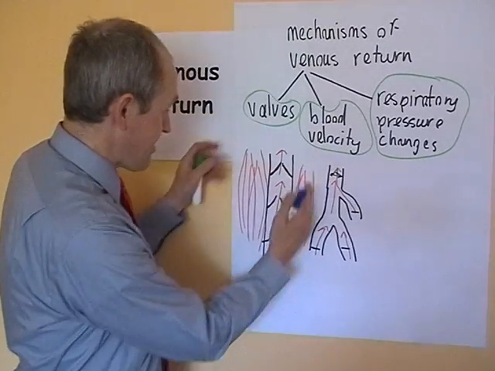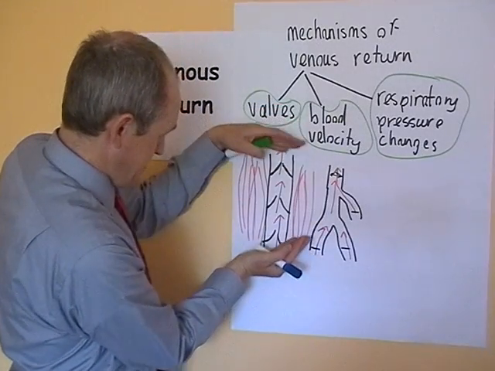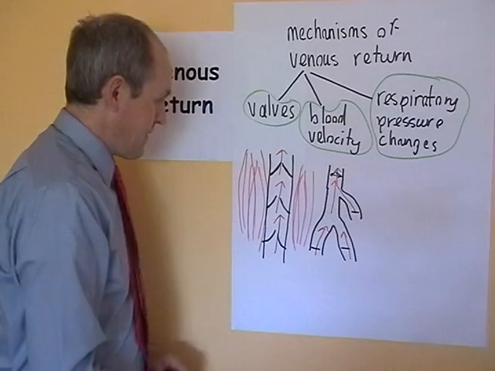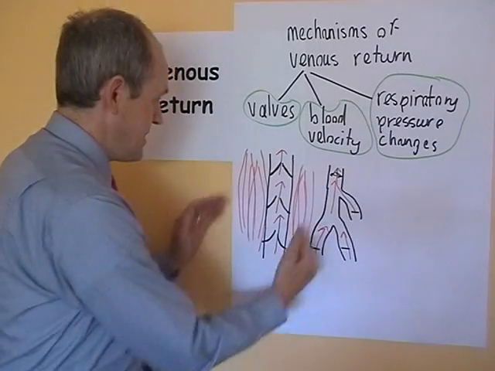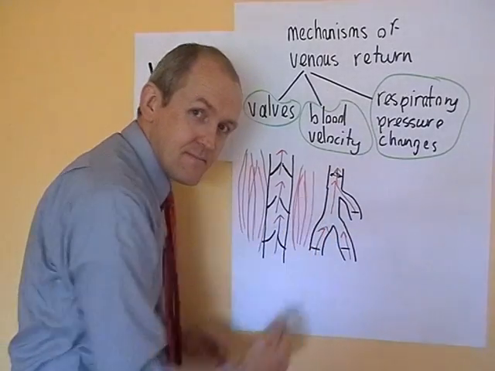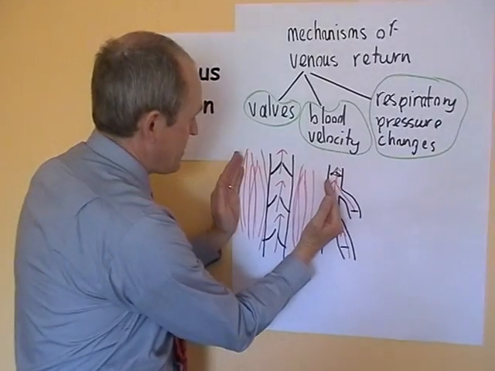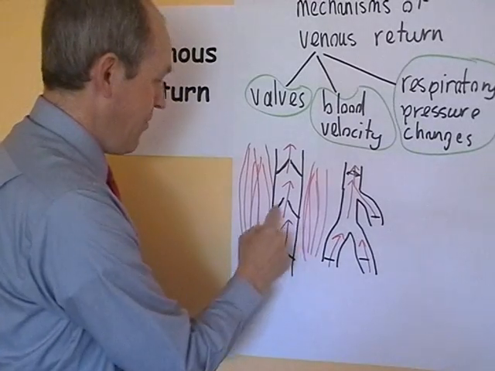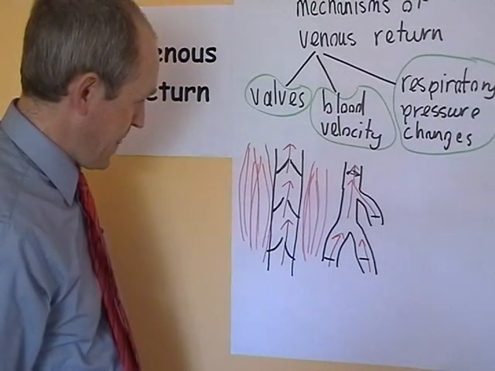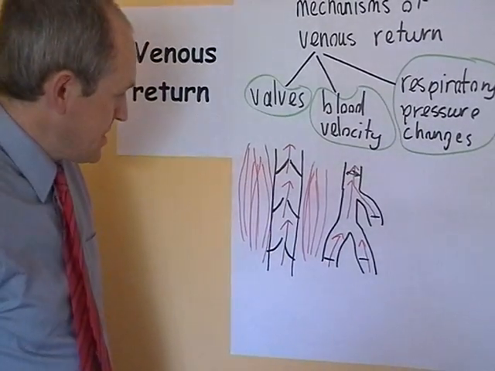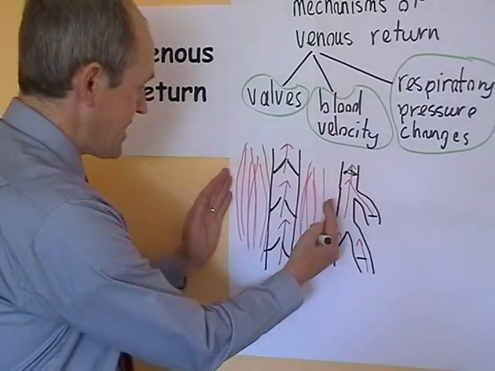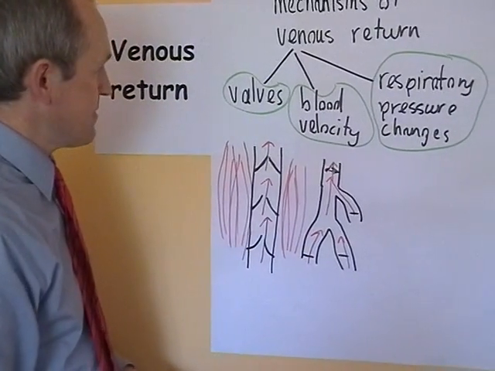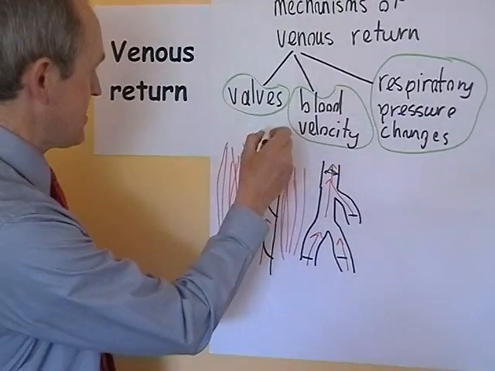So this muscle contracts and gets shorter. That means if the muscle's getting shorter, it's getting fatter. And when it contracts and gets fatter, it's going to press on this vein. So pressure changes caused by movement of adjacent muscles is one of the major mechanisms of venous return